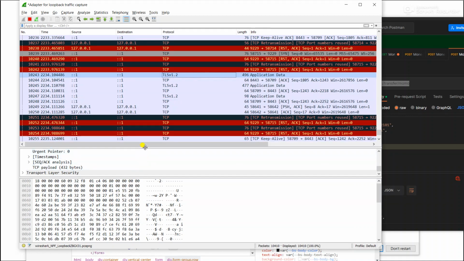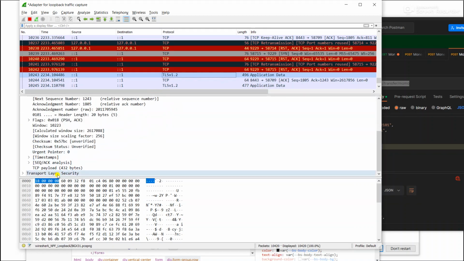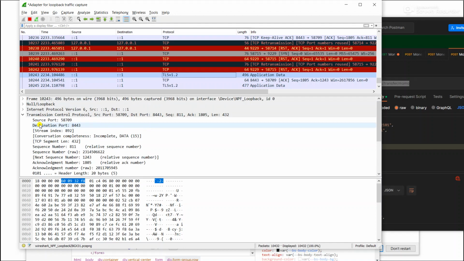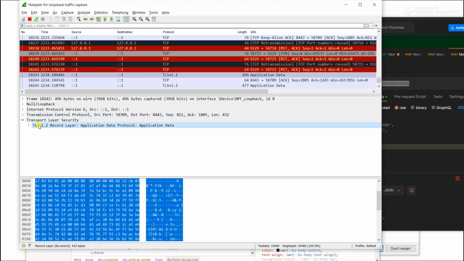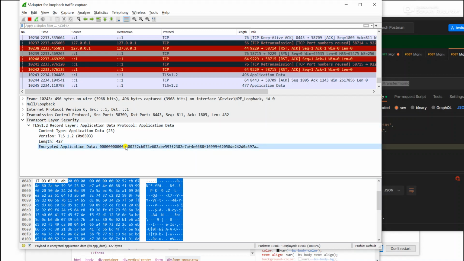So you realize that in this one, transport layer security is showing here, but I'll explain the technical bit of it. In this bit now, you don't see any sensitive data. Everything has been encrypted. So this is the encrypted application data. You see, that's beautiful. So we are using a self-signed certificate to do this, but this is not the best